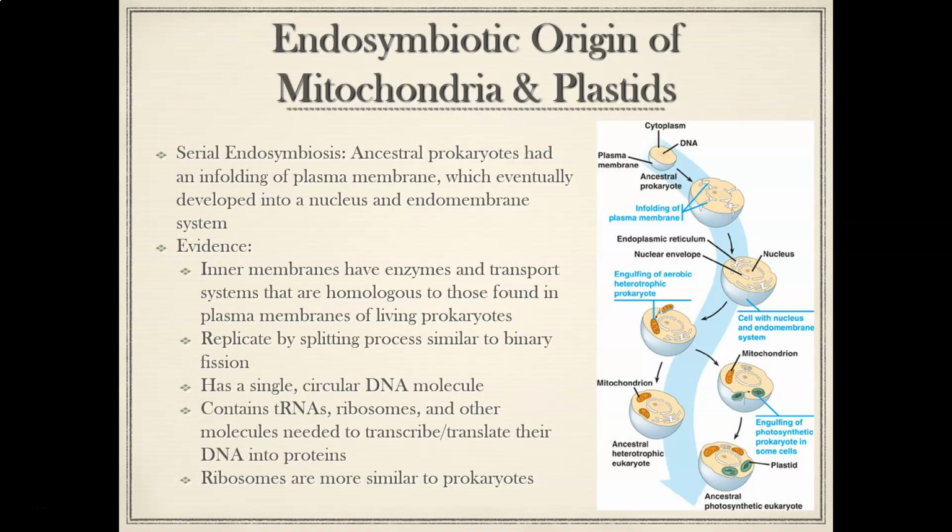And in fact, they do it in a process much similar to binary fission, which is how prokaryotes themselves replicate. Another cool thing: mitochondria and chloroplasts also have their own circular DNA molecule, again structured much like the main chromosome in a prokaryote. So they actually have their own set of genetic material, which would make sense if they were free-living organisms at one point. They would have needed their own genetic information in order to accurately replicate, as well as to carry out other life processes that were necessary.